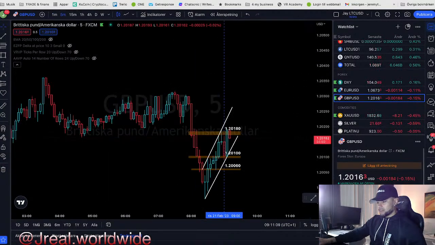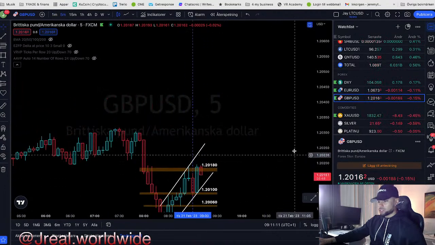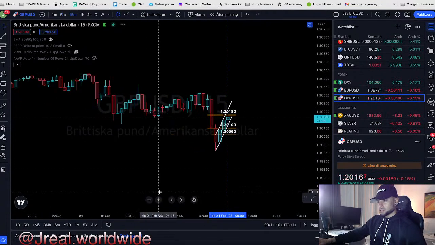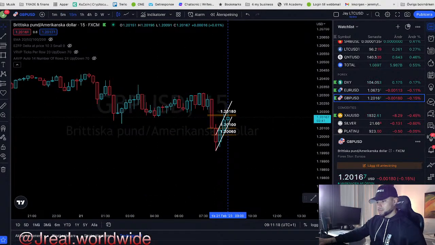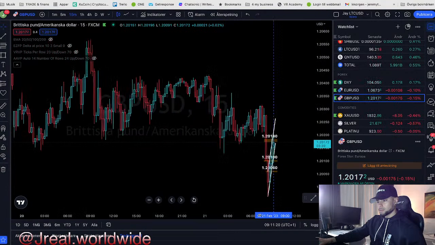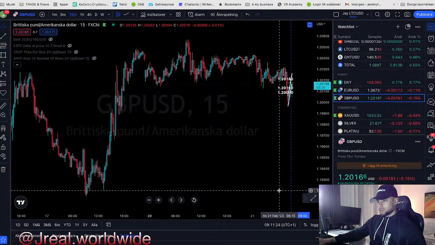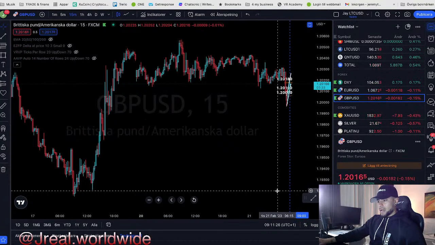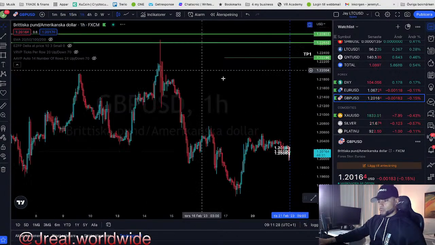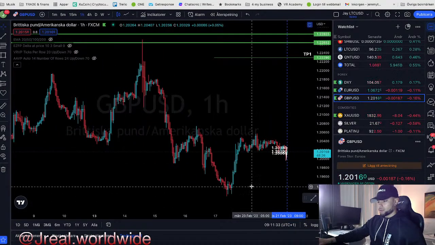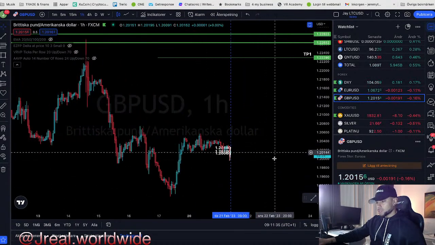We go to the 5 minute time frame to get more perspective on the situation here. Let's go to the 15 minutes. I would say that the structure looks very weak. The structure looks like it wants to drop. Why do I say that? Okay, so